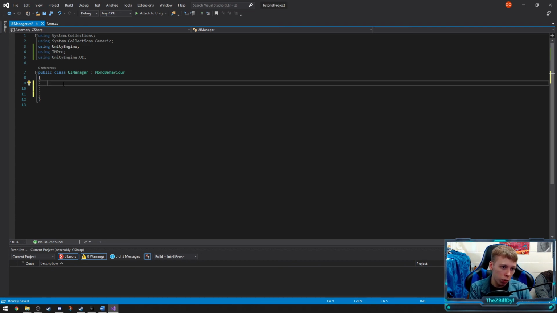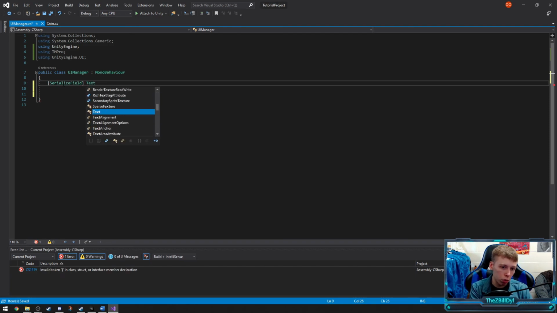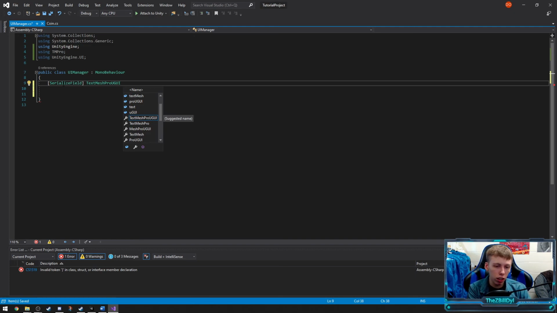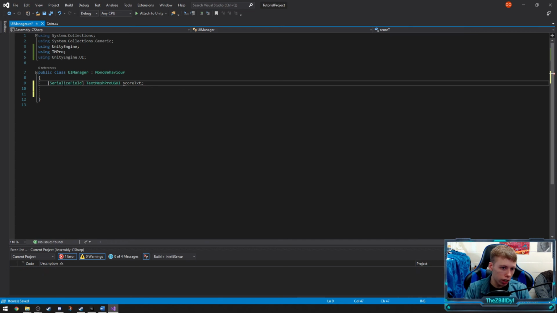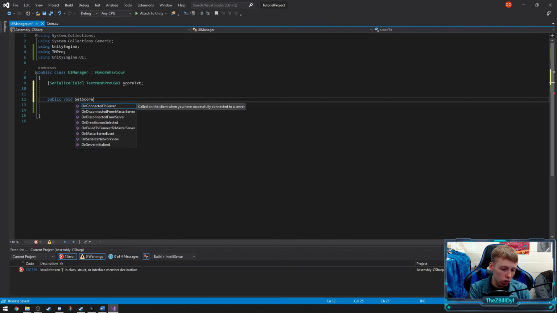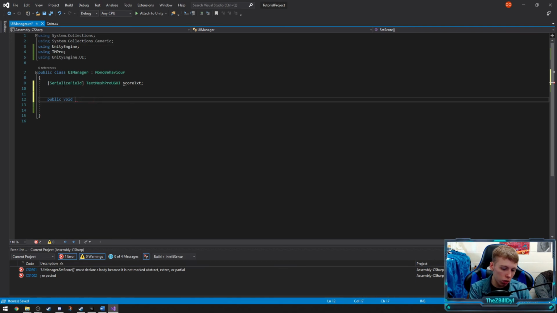So in this case, what we want to do is make a serialized field, and we're going to call this a text mesh pro UGUI, like this. It's a weird name, but it's text mesh pro UGUI. Basically what that is, it's the text object that we just made. And we're just going to call this the score text. Score text. I think that's fine. Now, let's make a public void set score, or actually let's do increment score. Increase score. Let's do increase score. I think that'll be fine. Increase score, and then we're going to do an int amount